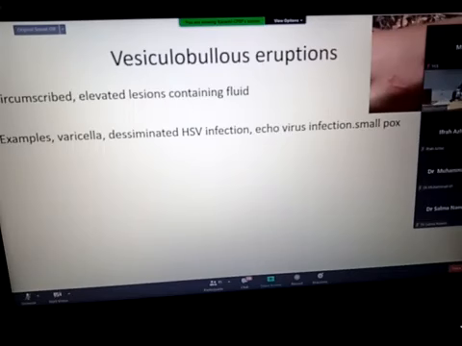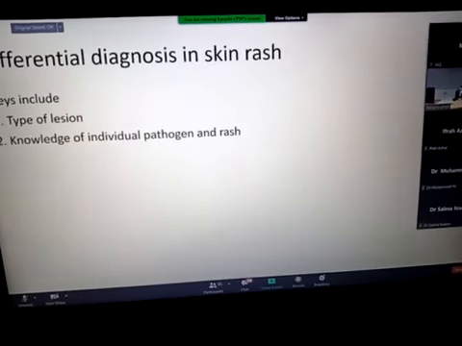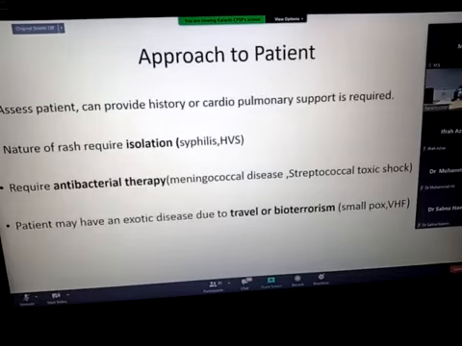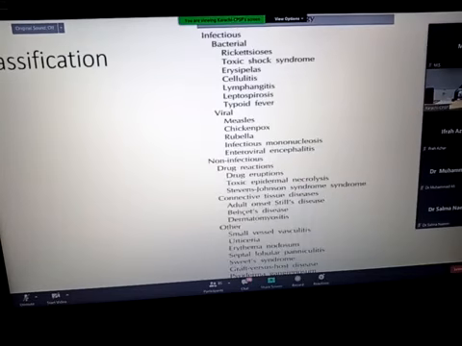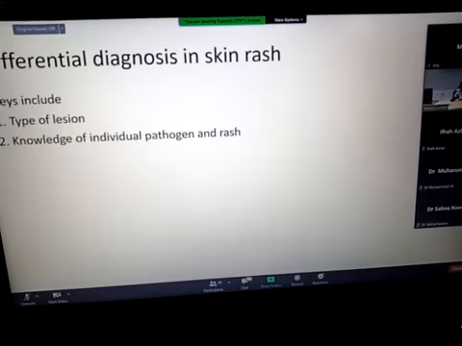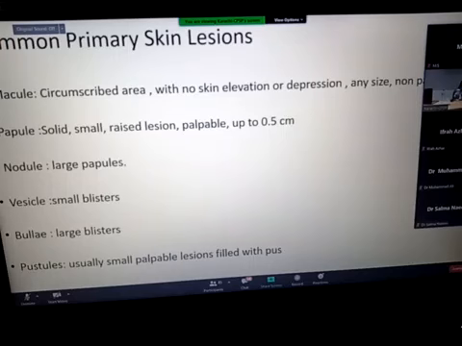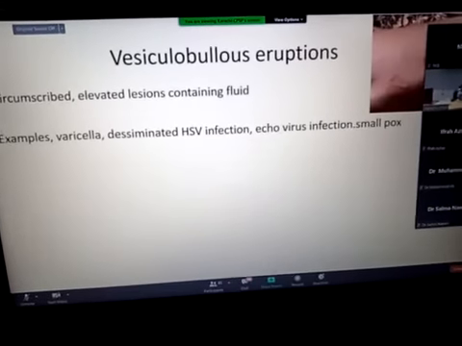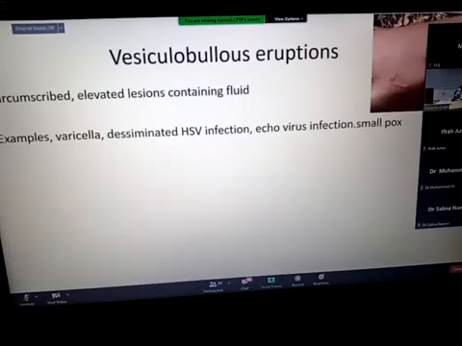So, do you remember what we discussed in the previous part of the lecture when we were discussing the different types of lesions? Vesicle and bullae: small blisters filled with fluid are vesicles and large blisters filled with fluid are bullae. So this slide is showing you the vesicles and bullae both. Examples of the infections which may lead to such